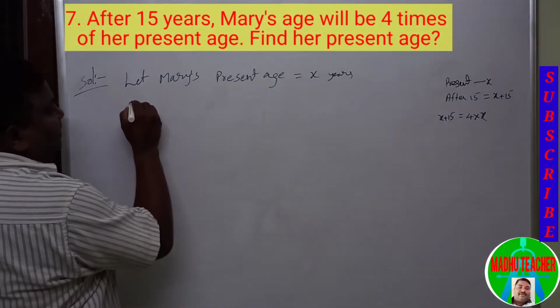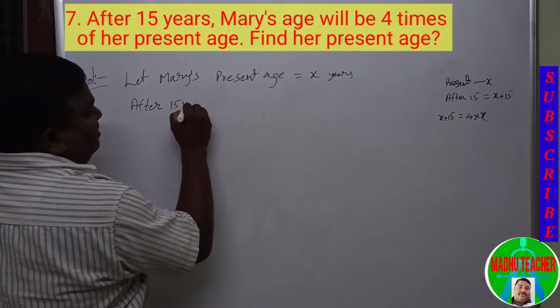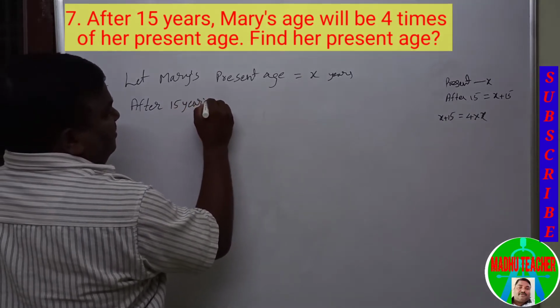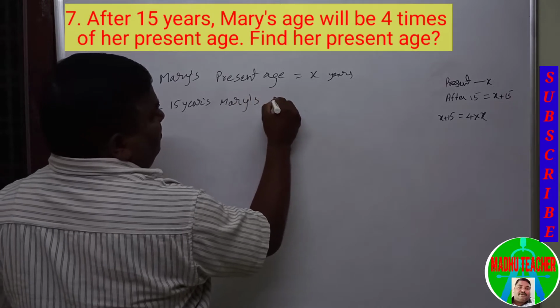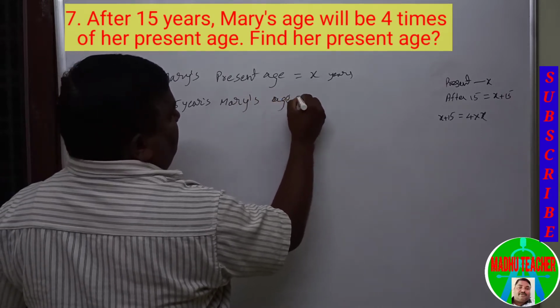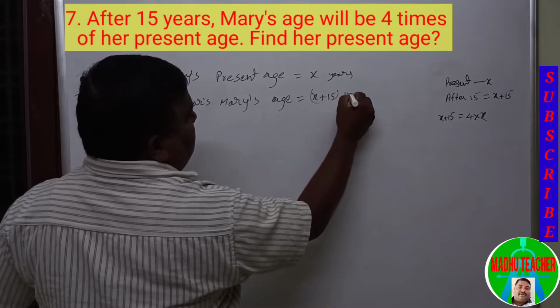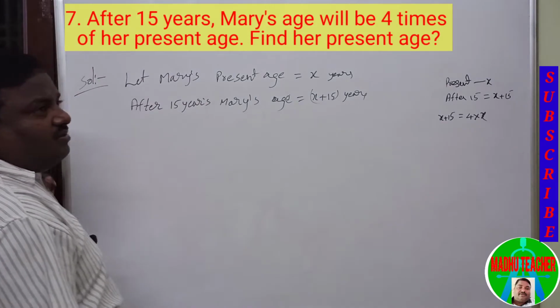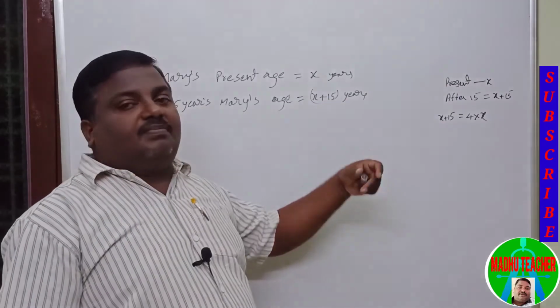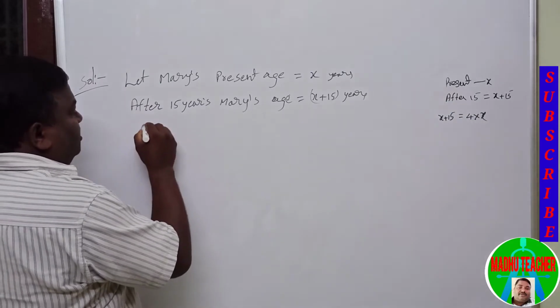Next, after 15 years, Mary's age will be x plus 15 years. Present age is x. After 15 years, the age will increase by 15. Okay. So as per the condition,